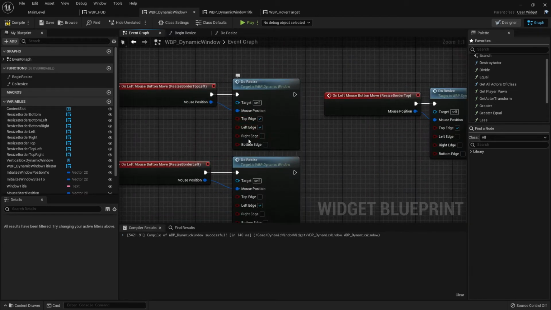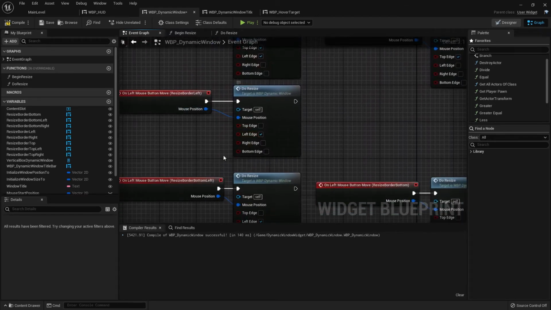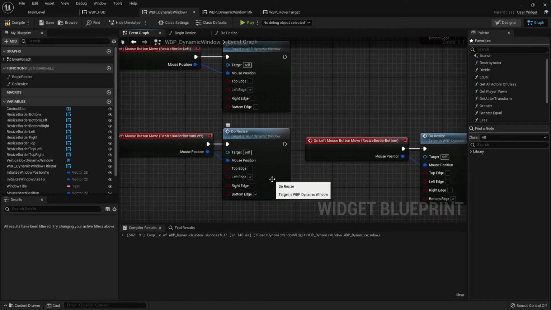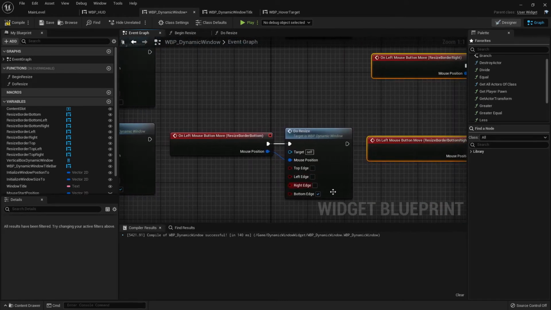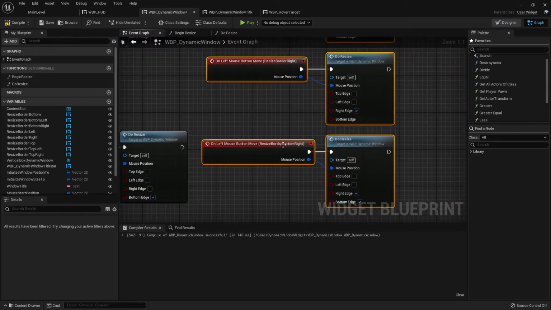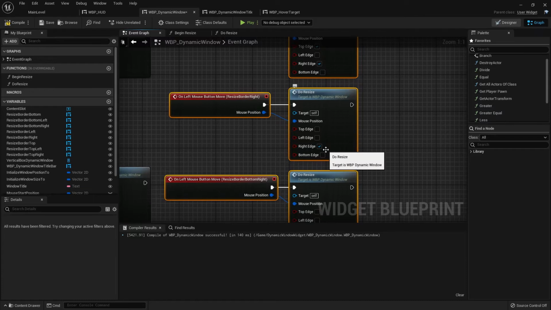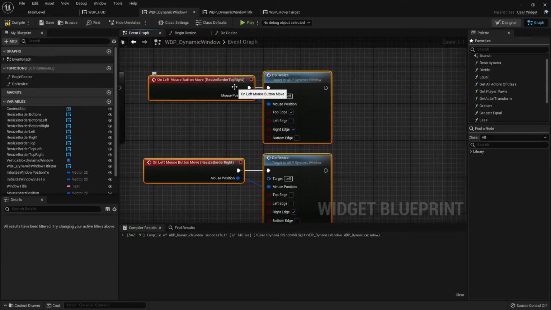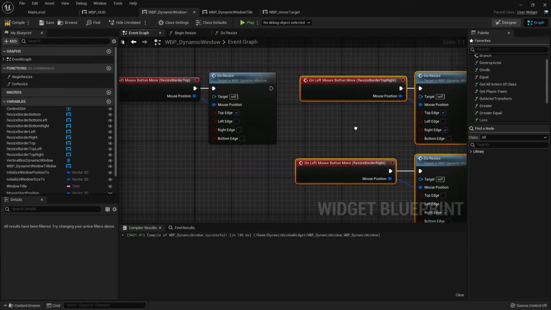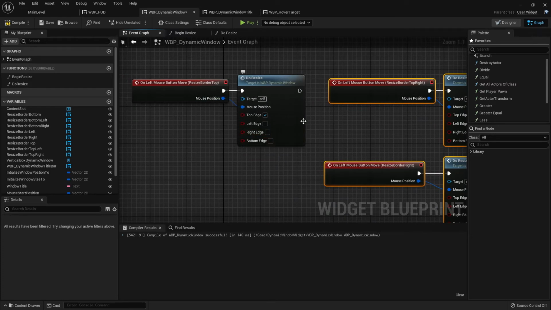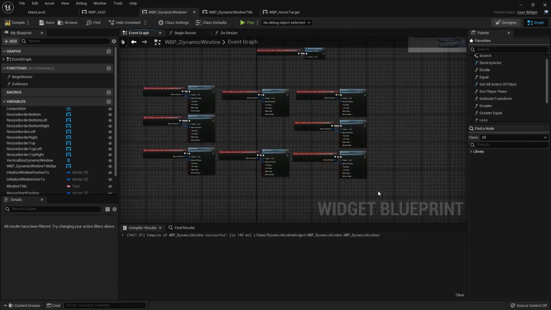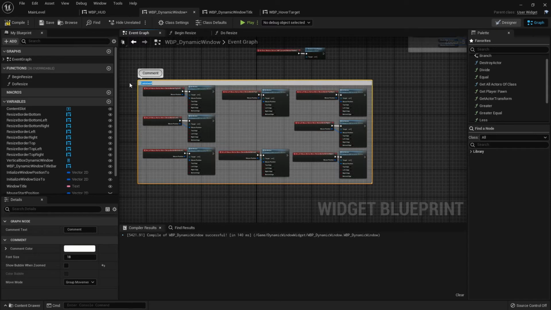Top left, left, bottom left, bottom, bottom right, right, top right, and top. All right, so let's go ahead and select all these,